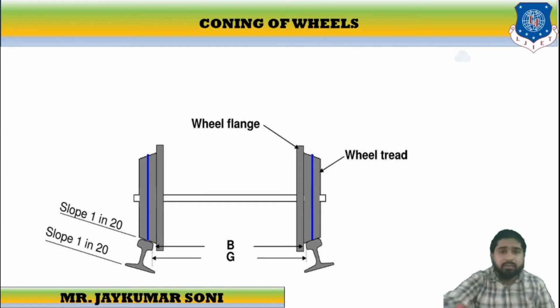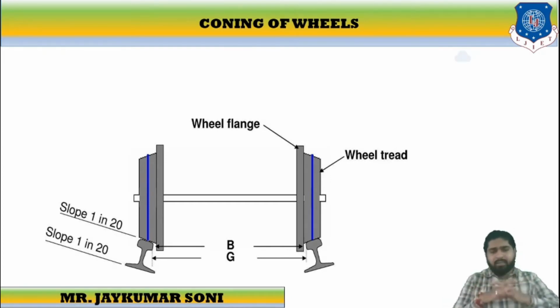See, this is the view of a particular wheel of railways. This is called the axle. These are the wheels. These are the rails, and these are the wheels, and this is called the flange. These are the flanges. These are axles. These are rails. These are wheels, and these are flanges. So you can observe that there is a space between this flange and the rails.